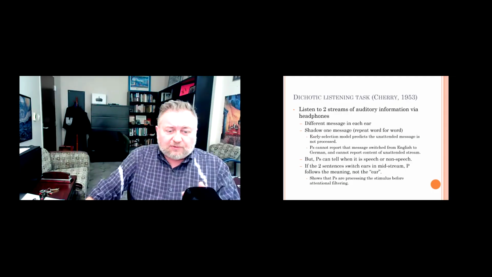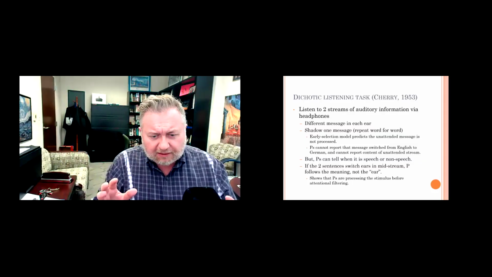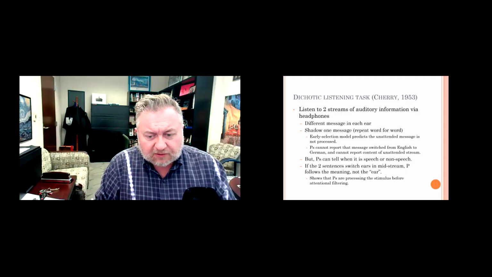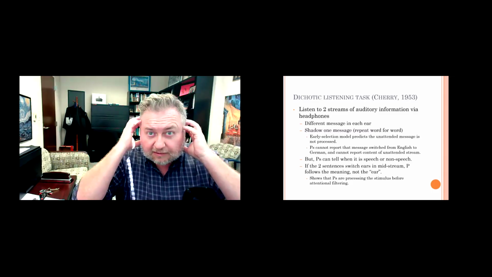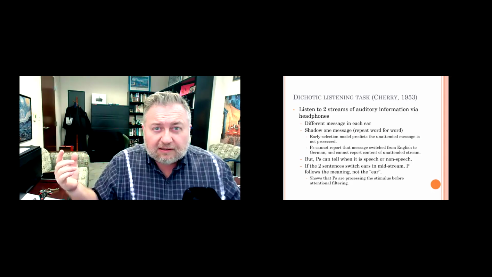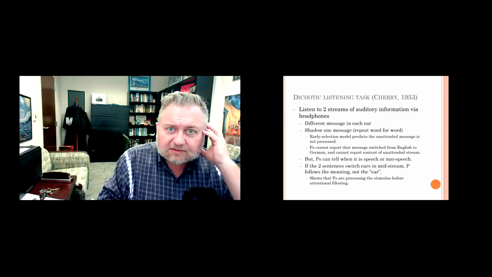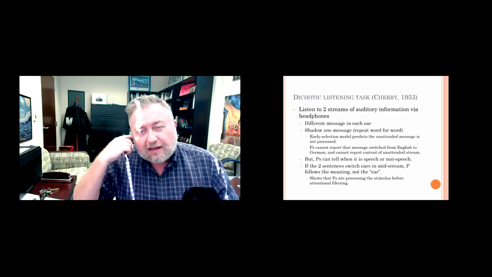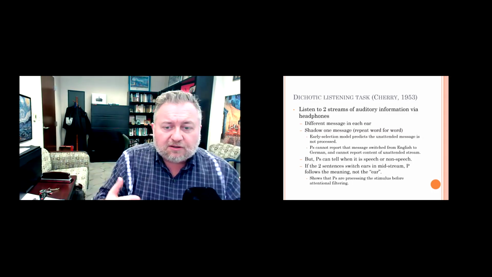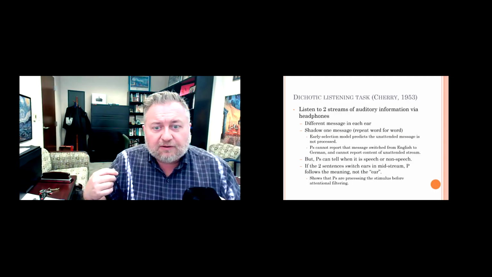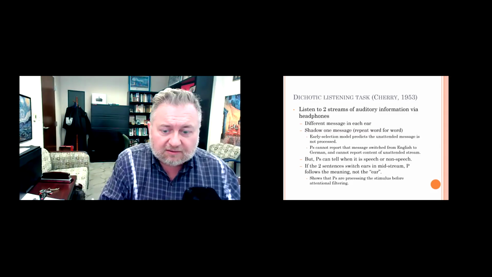And then here's the really weird finding. The unattended stream sometimes will switch ears, right? So you're told to follow the left ear and ignore the right ear. But at some randomly determined time, we're going to switch them so that the message you're following shifts over to the right ear. And what we might wonder here is, does this mean people are going to shift and follow the message from the left to the right, or are they going to just stay in the left ear and start shadowing the new stream that's coming into the left ear?